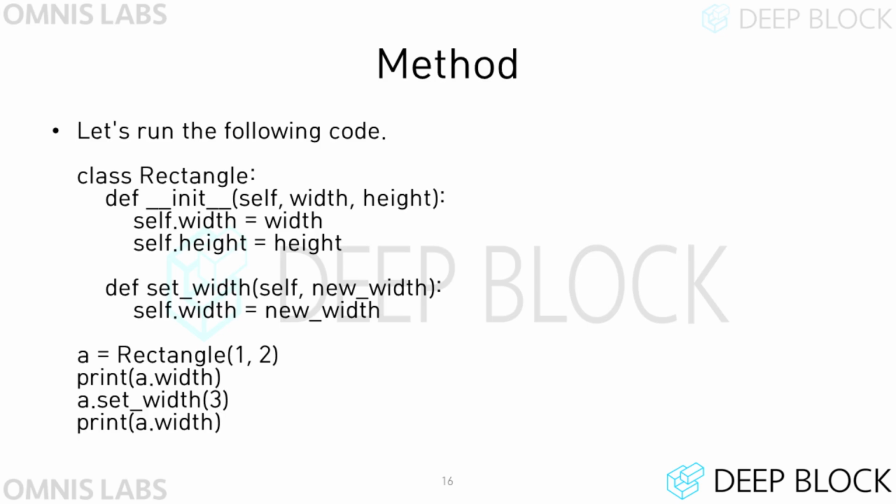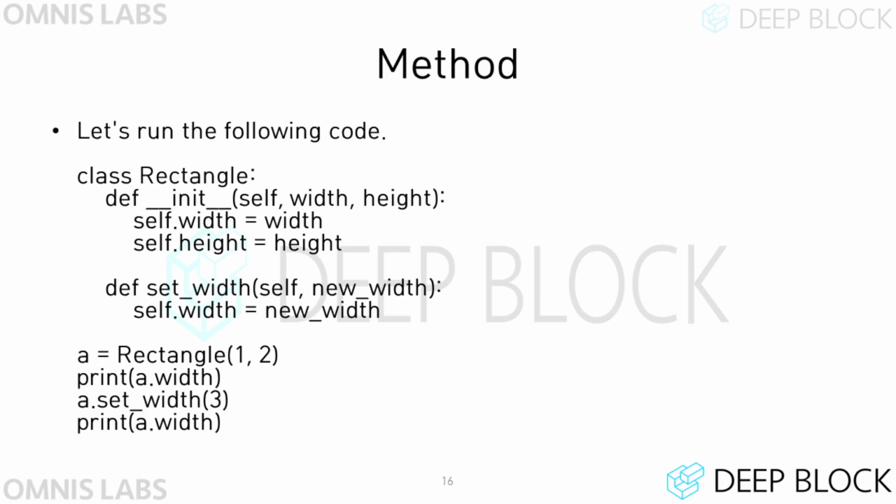In the previous slide, we learned that we can access the attributes of any class using dot. Likewise, any method inside any class can be called using a dot. First, self must be added as a parameter in any method, and additional parameters can be defined. After that, when a certain class instance is created, you can call methods in instance.method parentheses format.